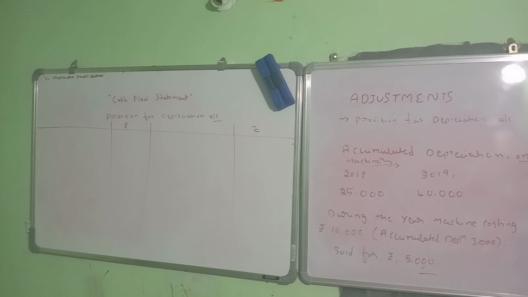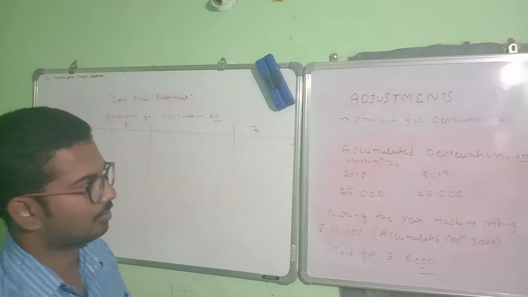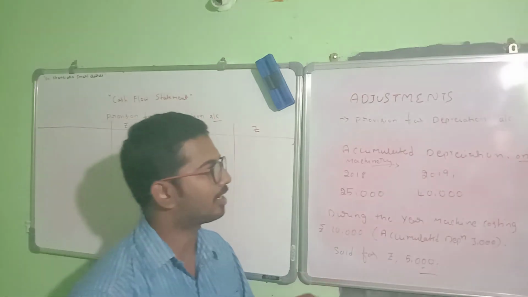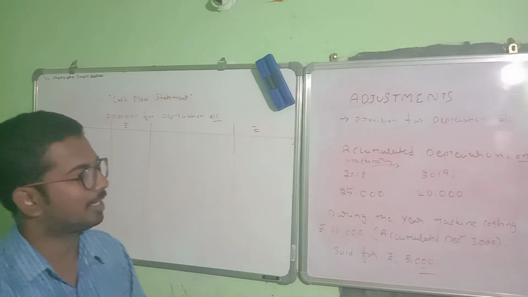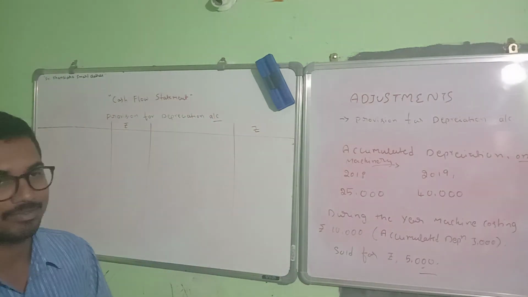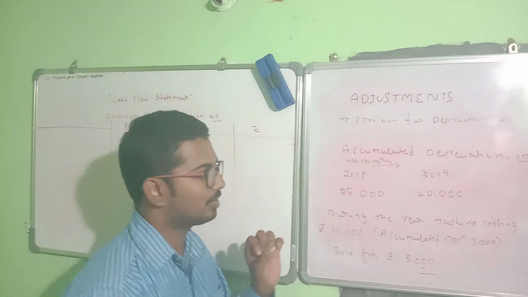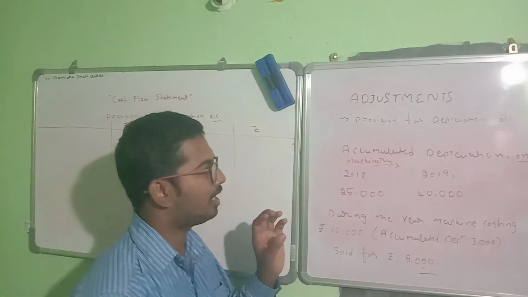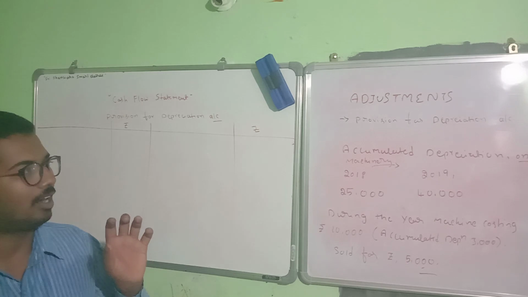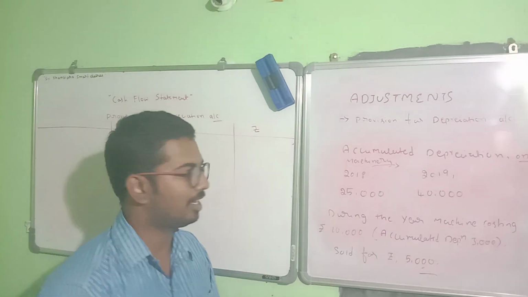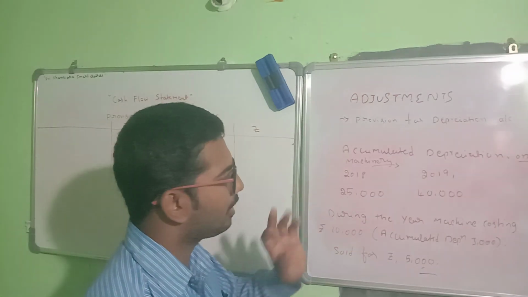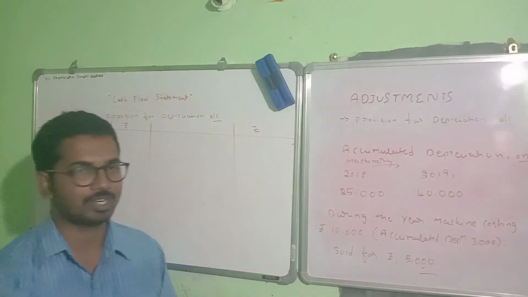See, when we are preparing an accumulated depreciation account or provision for depreciation account, it is necessary for the part of the cash flow statement. So first step, we should grab the information related to it. The accumulated depreciation account or provision for depreciation account is a liability account. First step, we should take down the opening and closing balances that are available in the question itself,